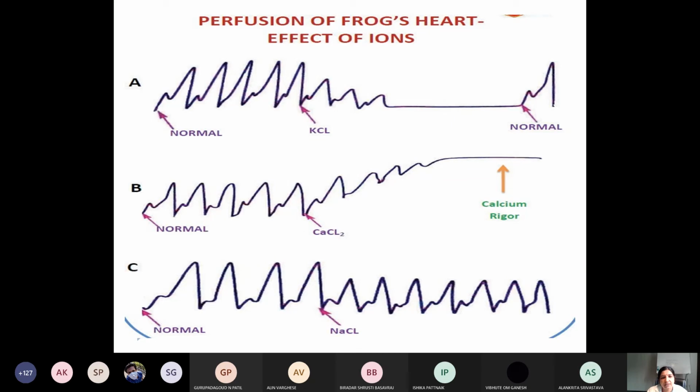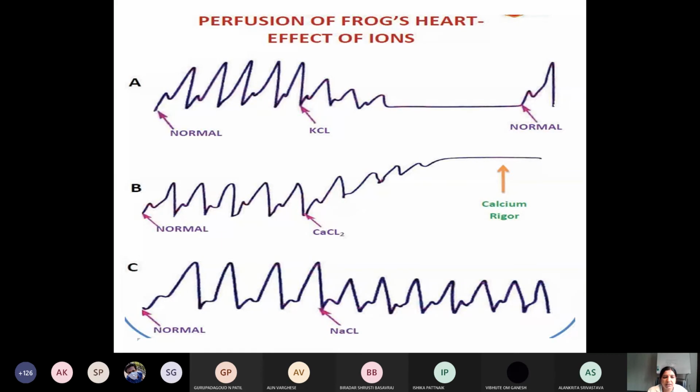The heart has stopped in diastole, ventricular diastole. It continues, and once you start putting the normal Ringer-Locke solution drop again, then the heart will resume the normal pattern, right? I will explain the physiological basis later. Then in this graph B, you see again normal cardiogram beats for a few minutes, and this is the point where 1% calcium chloride which is prepared, a drop is put on this perfused heart.